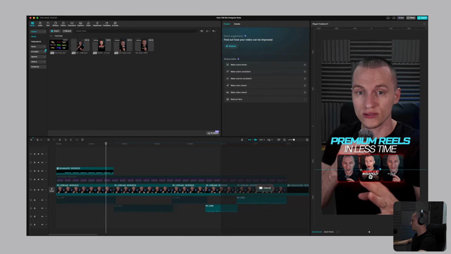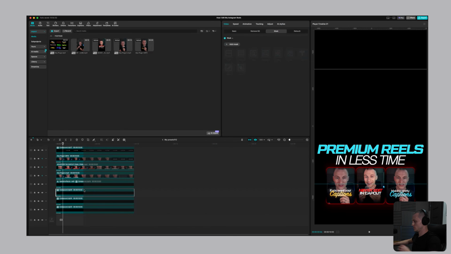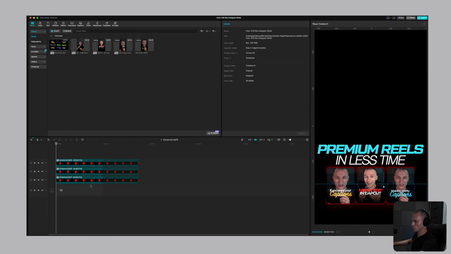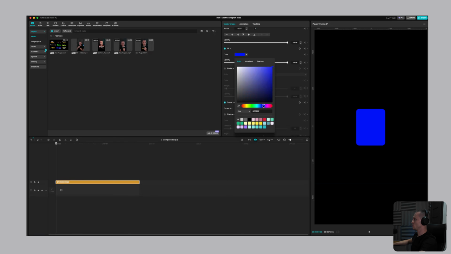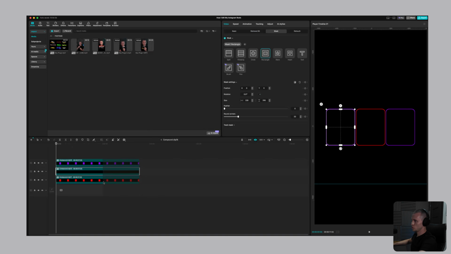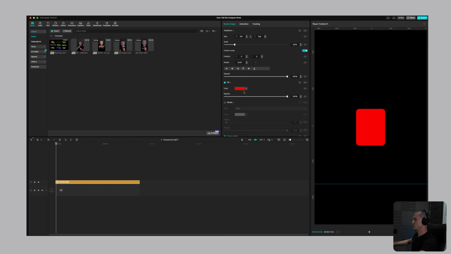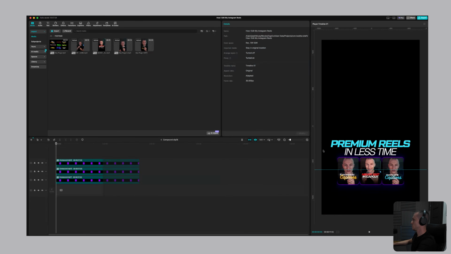You can even change the colors of this red frame. So if you want to go with some bluish color just so it matches the entire thing, you just open this layer, and here you got 4 layers with the red color. So let's go with some purple. So I just copy this code, I go back to this, and I paste the same color code into all these 3 layers. So we have 3 same layers. So this is how you can change color on these graphic hooks, but I want to keep the color red,